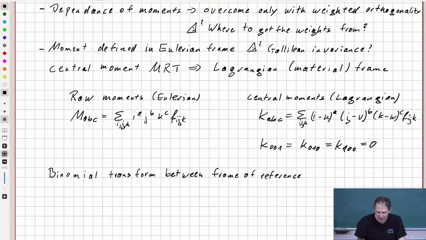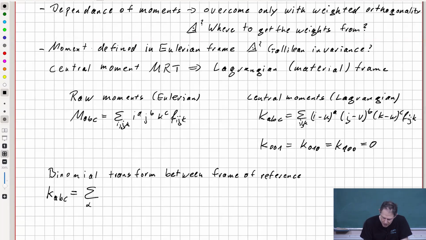So you can do a transformation between different frames of reference. This is a transformation from one frame of reference to another frame of reference. It is not required that one of them is central. They are just two different frames. But we are now assuming that we calculate the central moments from the raw moments, and this is done